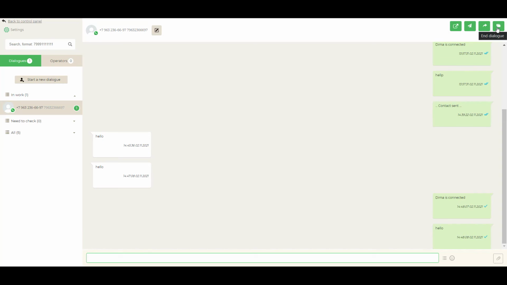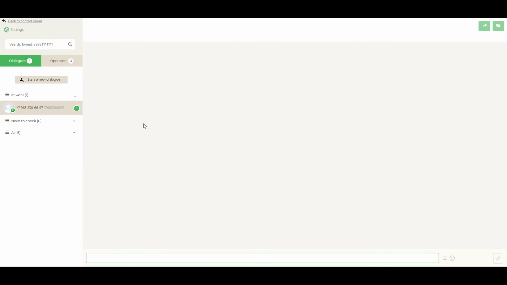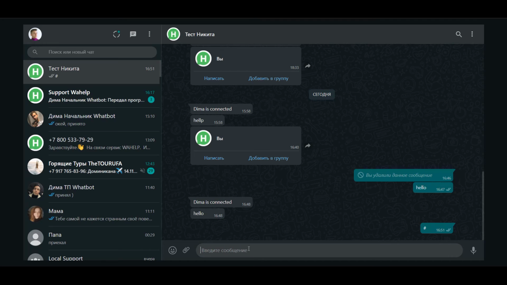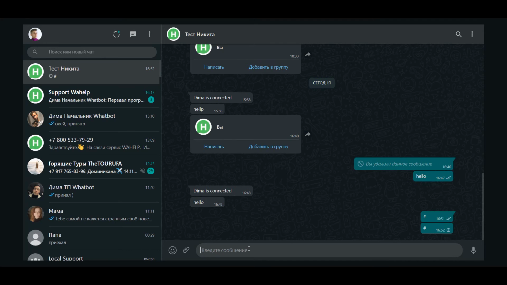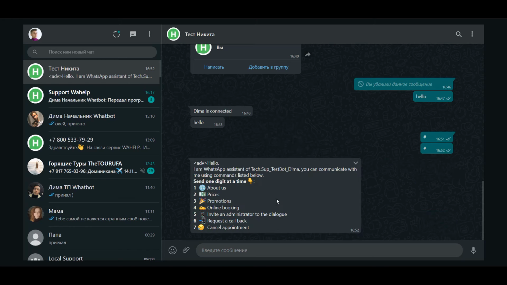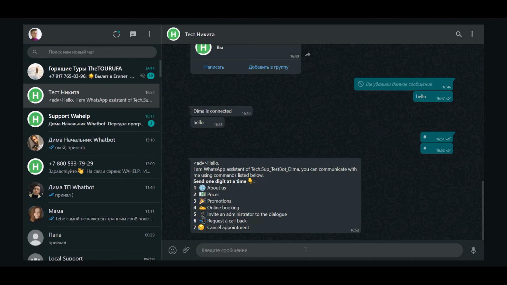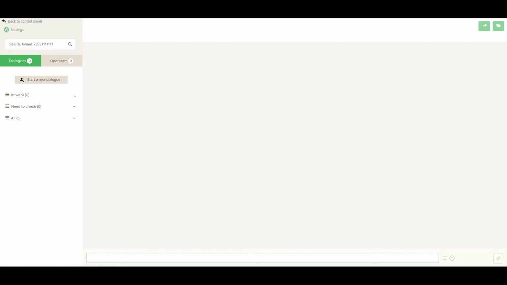Tap the End Dialog button and try to send the sharp sign again. And now we have got the bot's main menu. Also, our dialog moves into the all section because we have cancelled it. And now let me show you another function